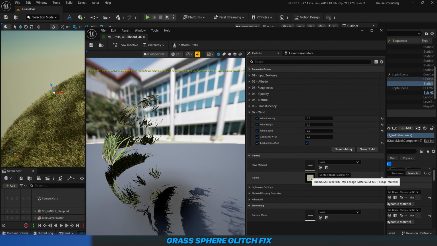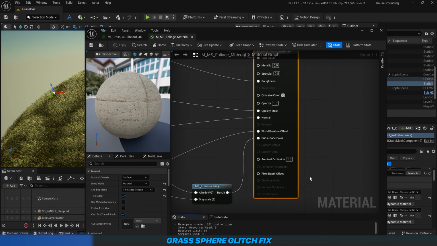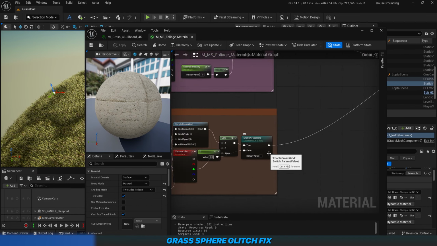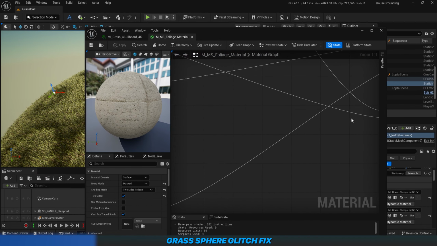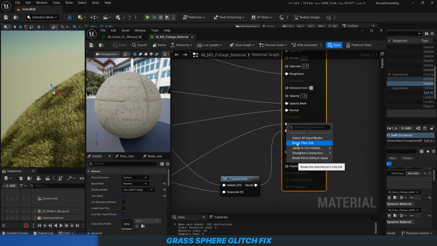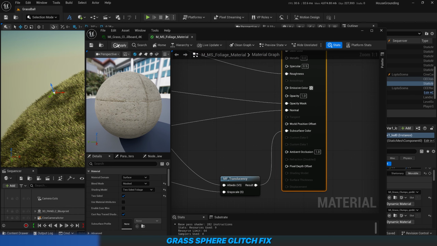So open up the main parent material, and here we actually need to break this link where you can see enable grass wind is going to world position offset. Break this link, apply and save, and now